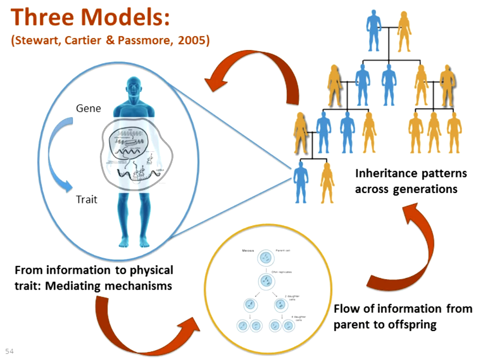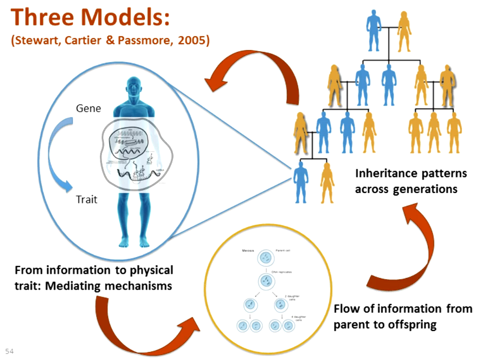So if we integrate these three models, and this is not my idea, I did not come up with this. This is something from Stuart Cartier and Passmore, and it's found in a chapter from How Children Learn Science in the Classroom, which is another National Research Council publication. It's a follow-up to How People Learn, and it's really a wonderful book. I highly recommend it, and it has very specific chapters about science that are just wonderfully written.